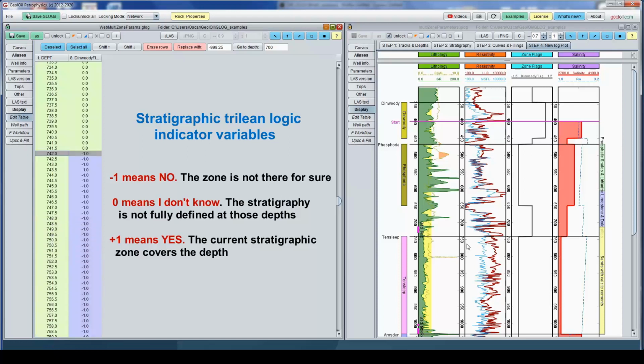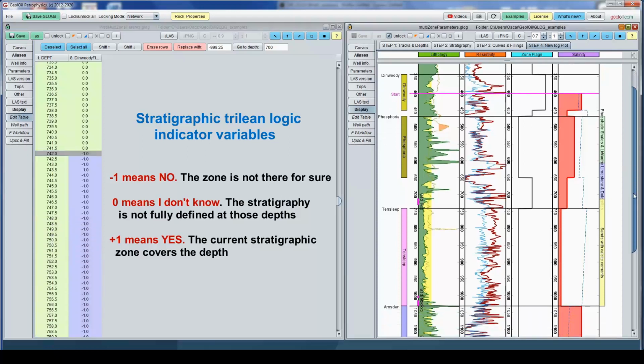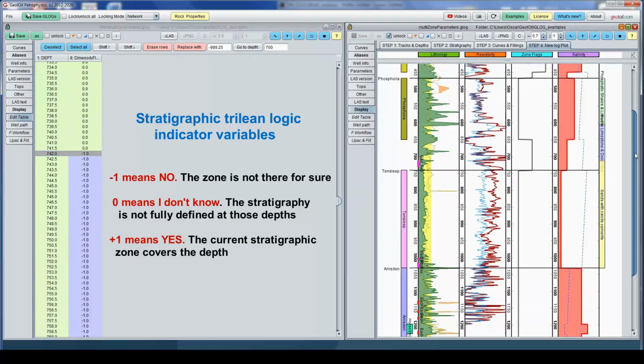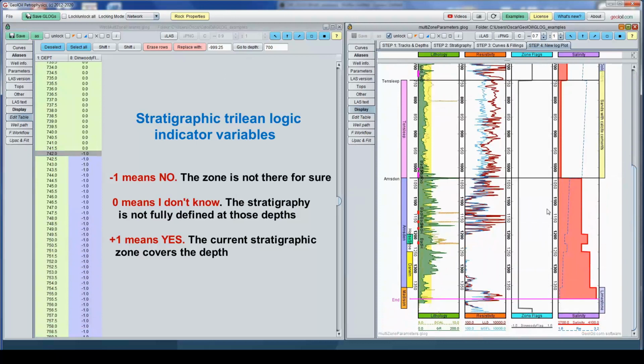That means I do not know. Good. It's Tenslip that starts at 742. That one means a no, means a -1. Tenslip, then go Amsterdam. All of this will be -1 because we know that that is not Dinwoody.